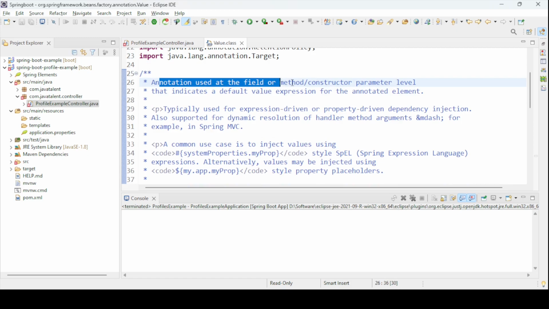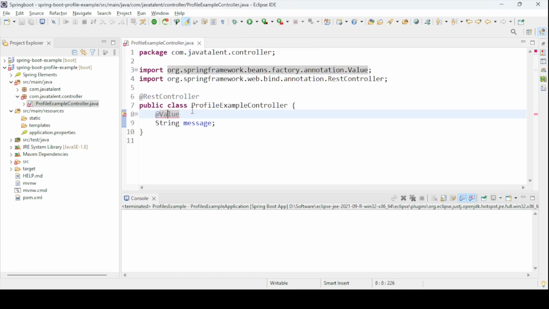Annotation which is used at field or method constructor parameter level that indicates a default value expression for the annotated element. So this is the property-driven injection we can use from the properties file, this @Value. Let me put that as the dollar. This is the format, and here I will take the message. I'm just taking the same name as the message, and down below I'm going to create one simple method